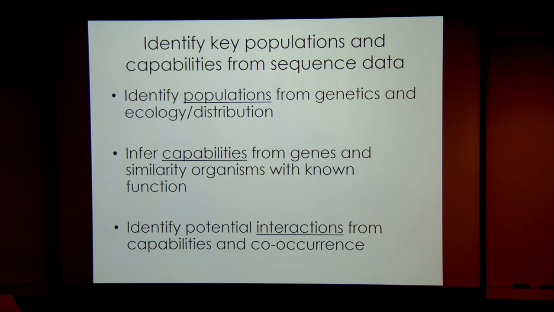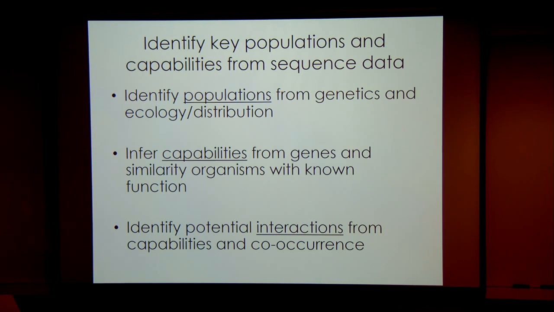And so that's what some of the analysis that I have done tries to accomplish. So we looked to identify these populations, both from the genetic similarity of some of the sequences that we're analyzing in the 16S ribosomal RNA data, but also looking at their distribution, where they're found. Are sequence variants found together in the water column? Okay, I think those might be in the same population, versus variants that might be in different populations will be found in different places, regardless of how similar they are. So I'm not going to go into the details of that process, but